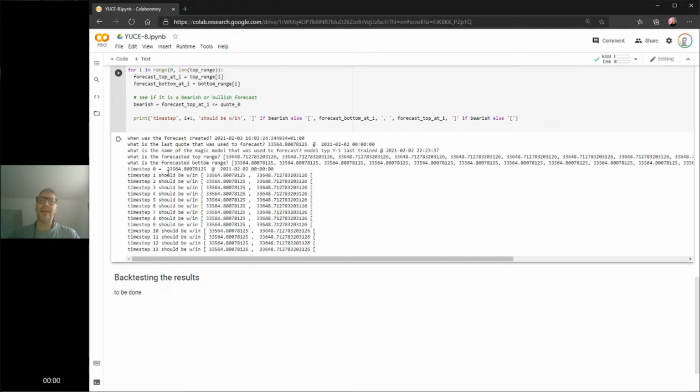And this is how the model predicts Bitcoin for the next 13 days. And it starts from 33,000 up to 33,648, saying it's going up, which is a bullish market movement. So if you trust this model now with this accuracy of 88%, it should better go long and not going short. We will see on the 4th of February if this model was correct.